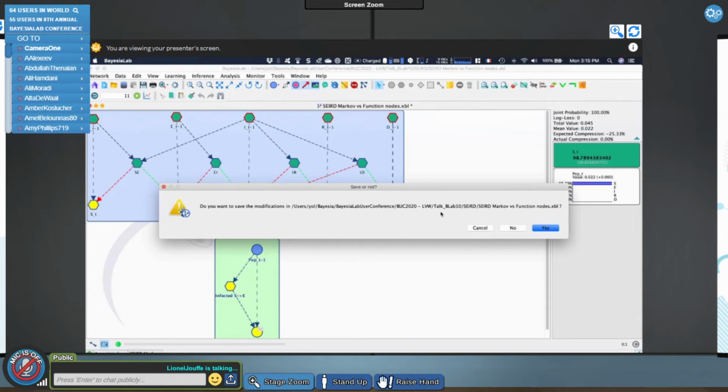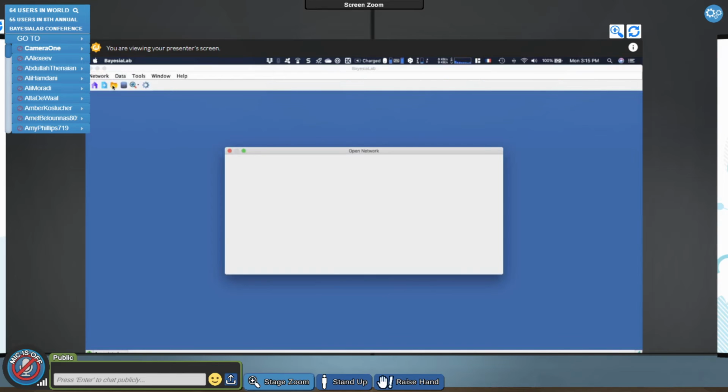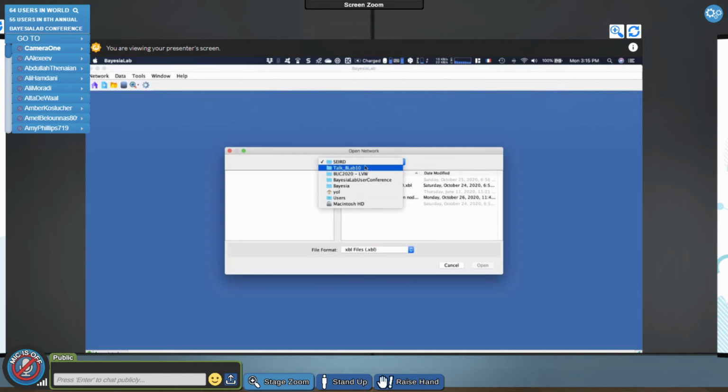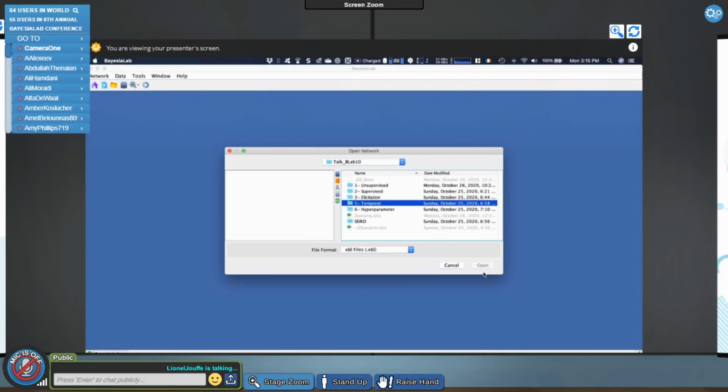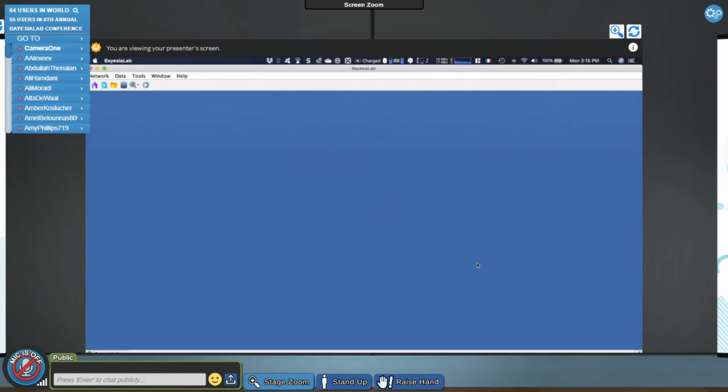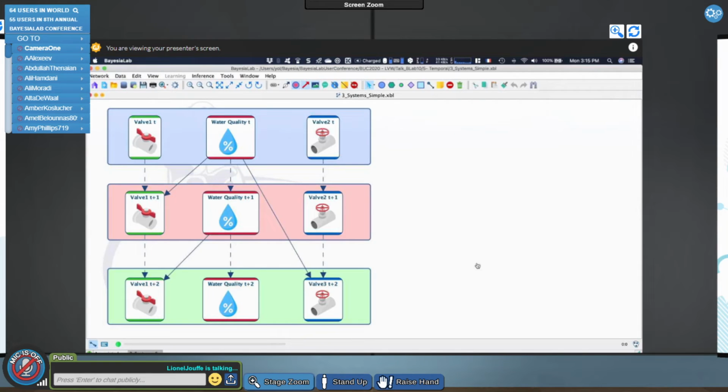Now I'm going to switch to the example about the temporal one. So this one is not COVID related. It's a dynamic Bayesian network.